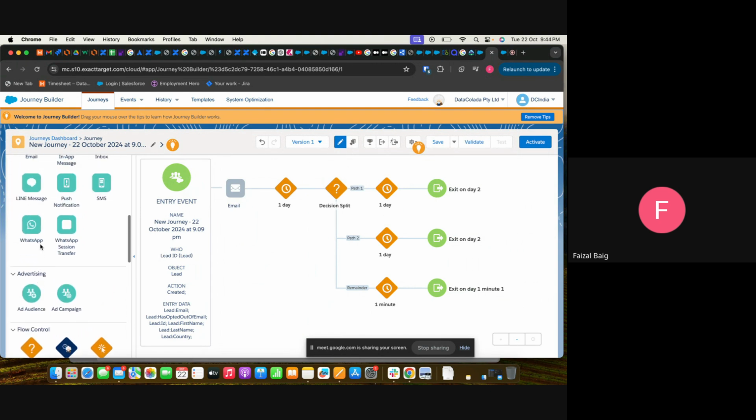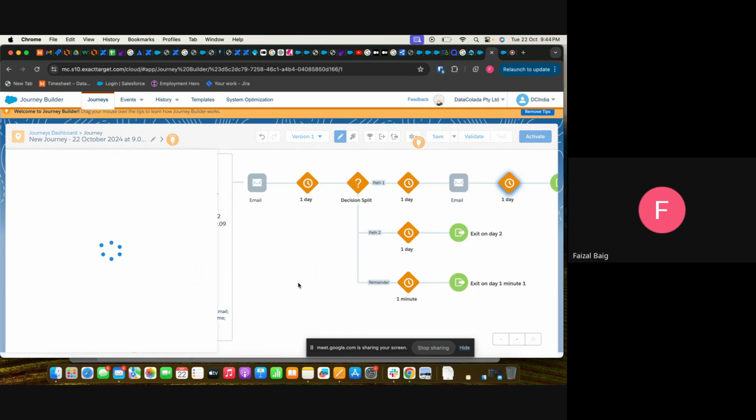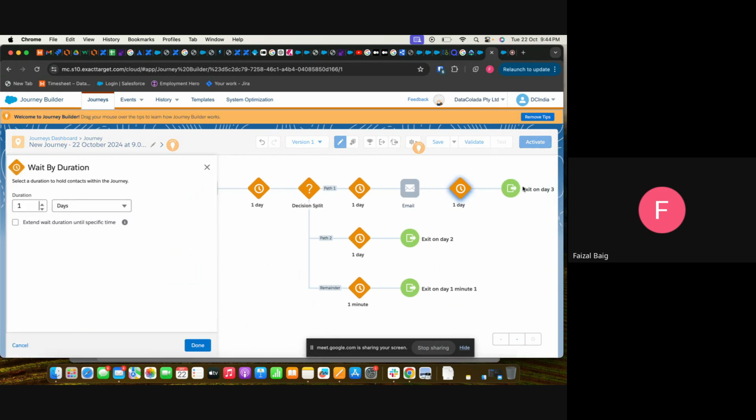If we want to send an email, once the email has been sent, you cannot delete it. Instead, that needs some time to exit. So we can add that as 1 minute.